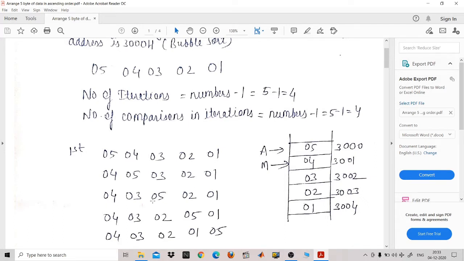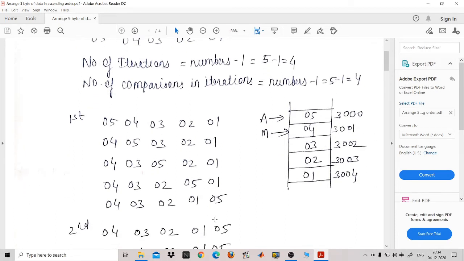Now this third molecule will be compared with the fourth molecule and there will be an exchange of data. So 02 will come here and 05 will come here. Now similarly, this one will be compared with your fifth molecule and there will be an exchange of data. Why? Because 05 is higher than 01. So this is about your first iteration.